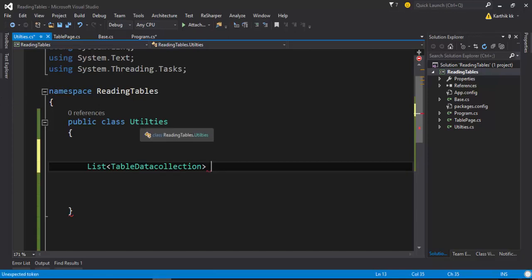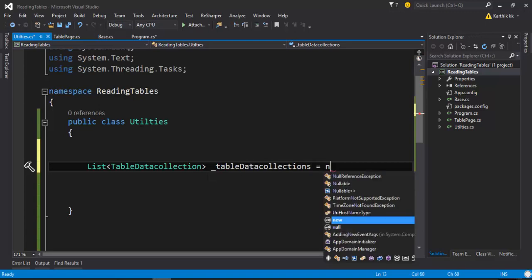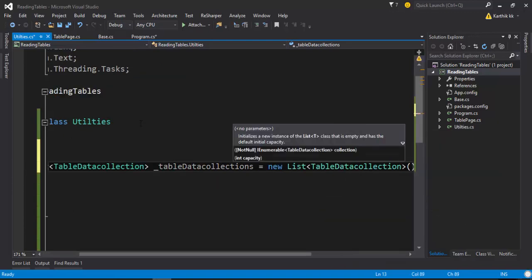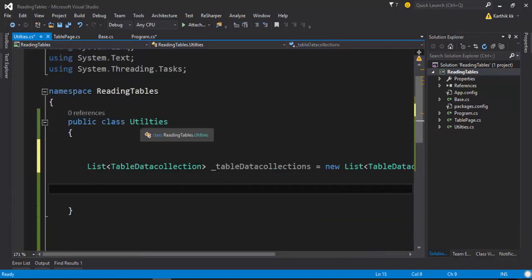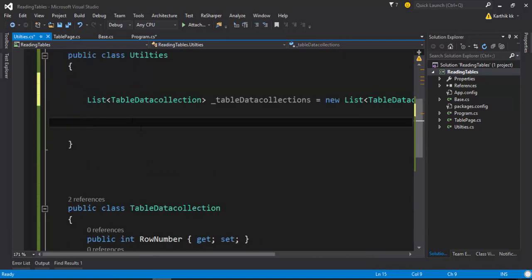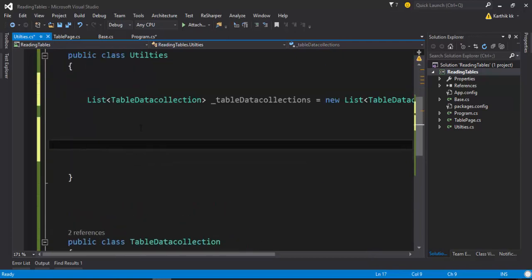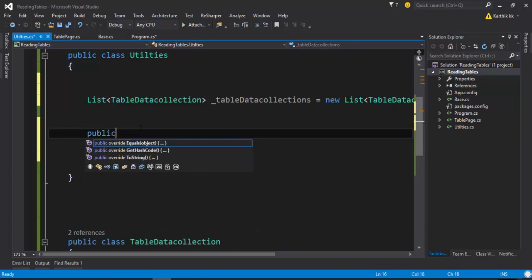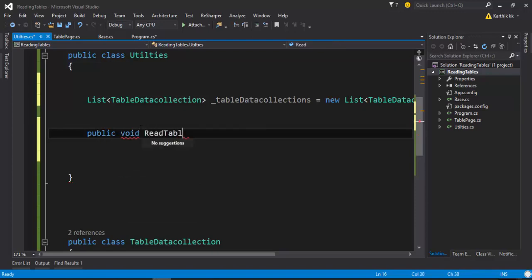Let's say I'm going to give the name _tableDataCollection equal to new of this. All right, great. And then I'm going to start creating two methods. Let's first create the placeholder for the two methods, and the one method I'm going to name public void ReadTable,